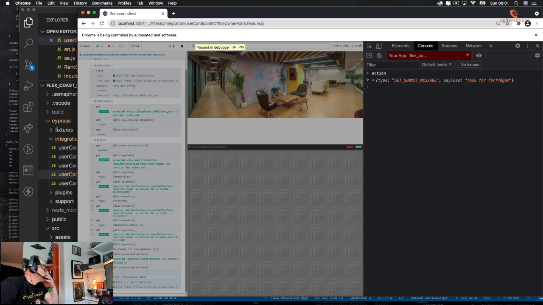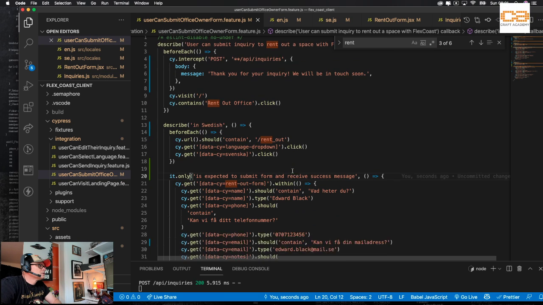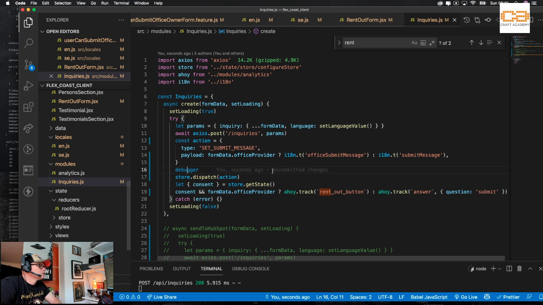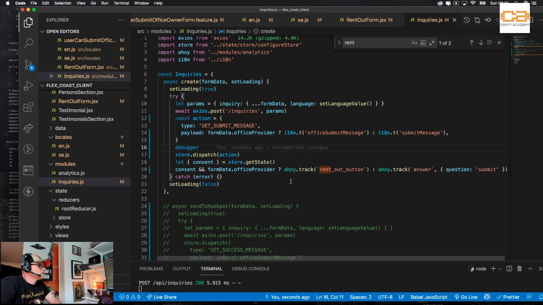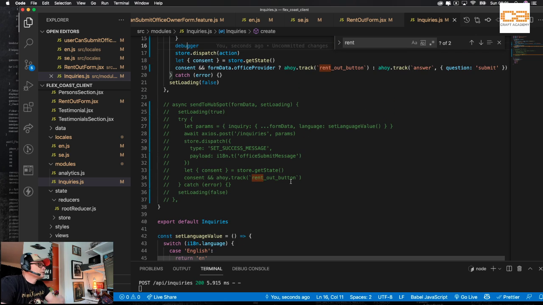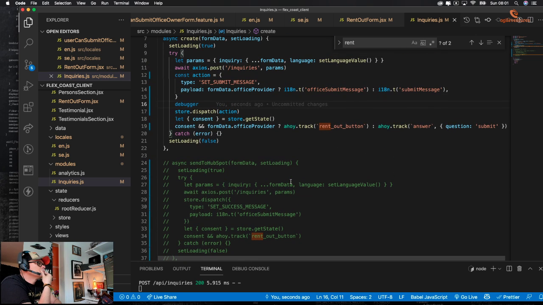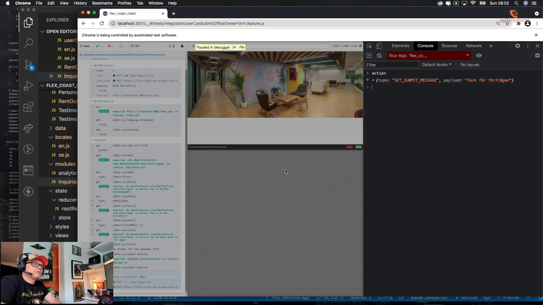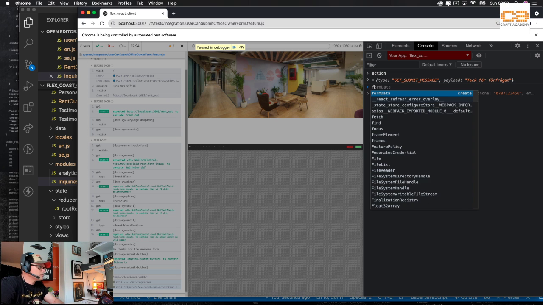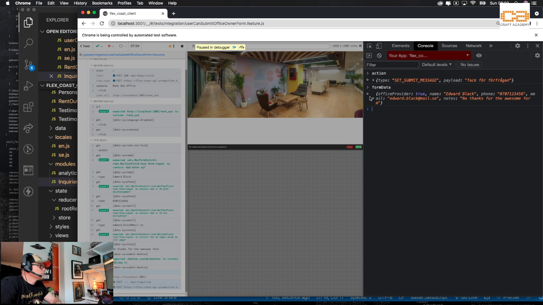Yeah, why would he say tack för förfrågan? Set submit message. Well, did we? And form. Let's have a look at form data. Form data. Office provider true, right? Okay.